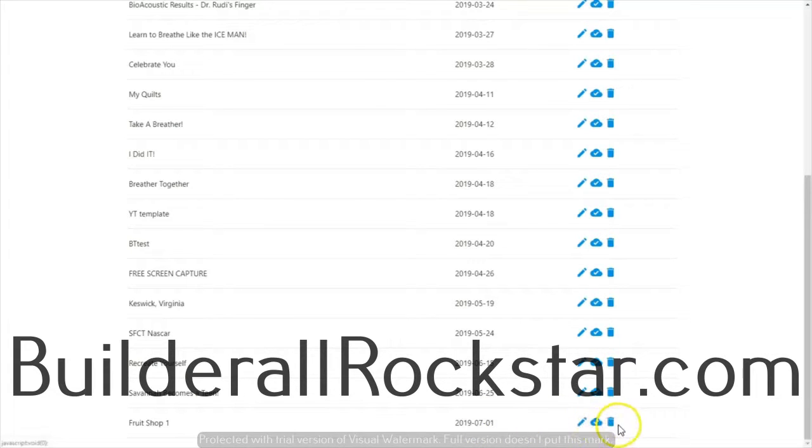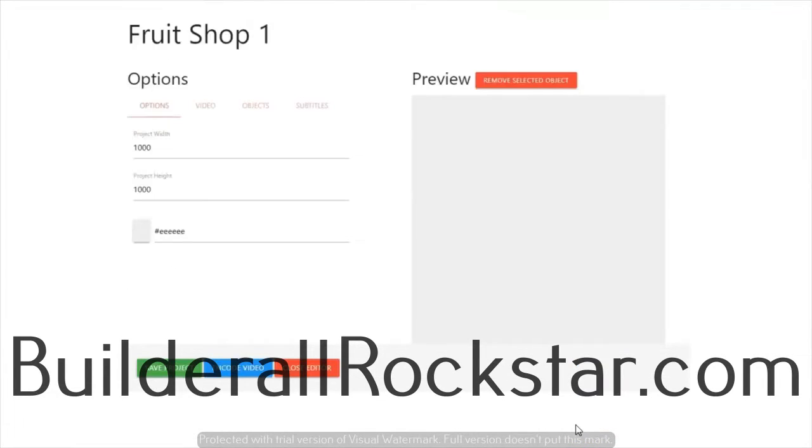And then you'll see 3 icons here all the way to the right. Of course, you have the trash can if I want to delete the project entirely. I have a pencil here, and that's where you edit the project. And here with the check mark and the cloud, this is where you can get the encoded results. Once we have them, you can come here and download any results. But I'll show you that again after we make a video. For now, we're going to open this project by clicking on the edit icon, the pencil,